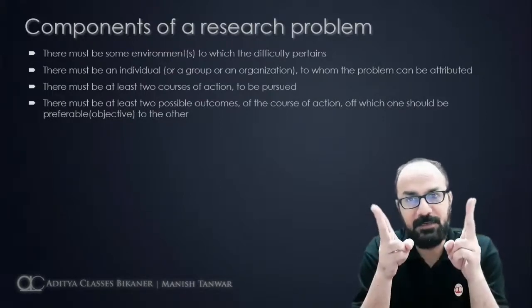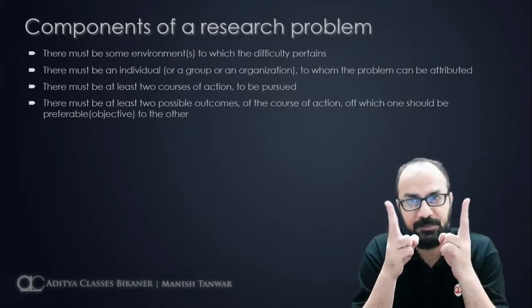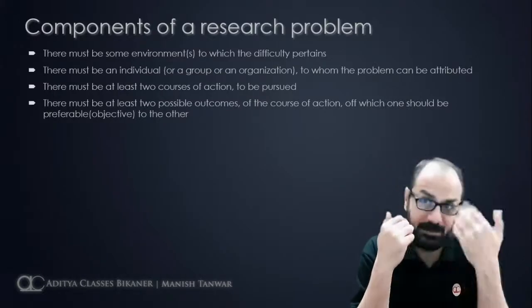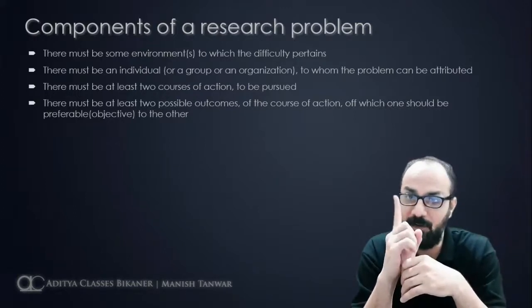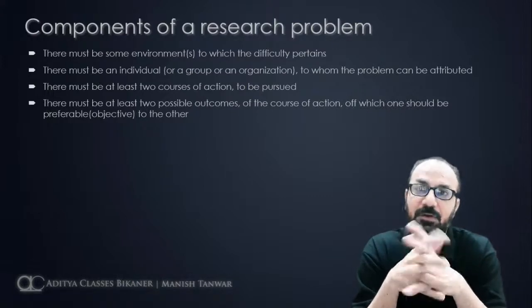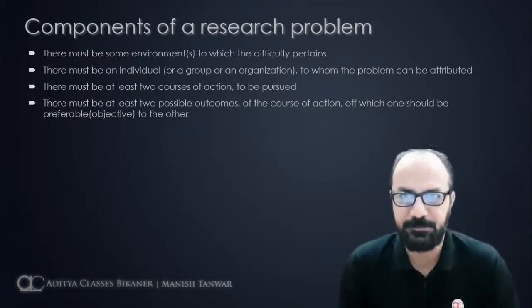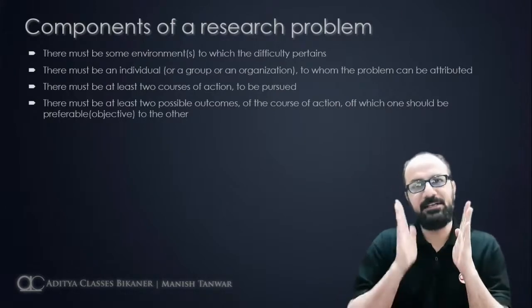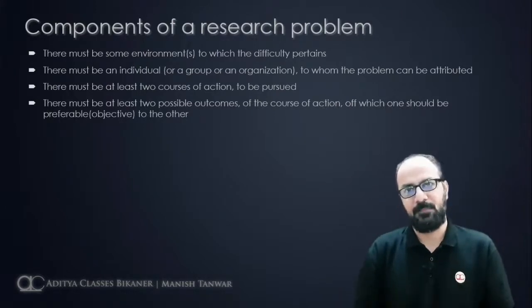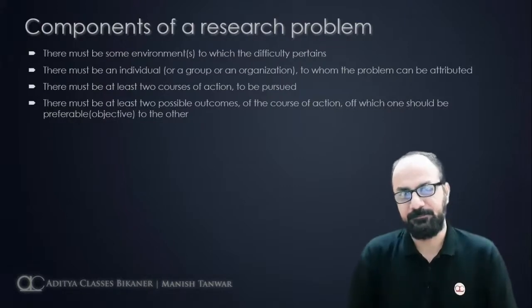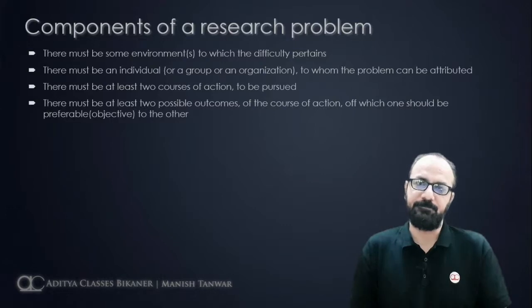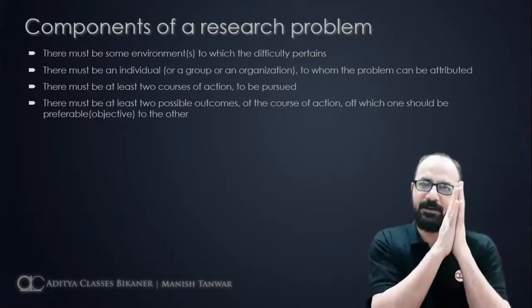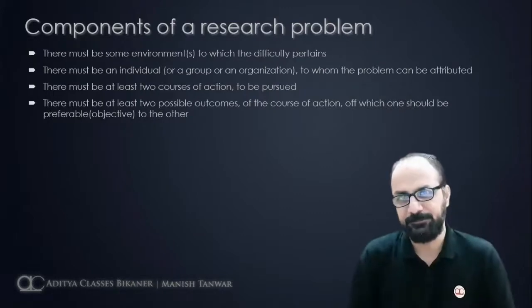Now, if there are two possible courses of action, like we said in the previous step: same mobile, only one mobile brand is available in this universe. There is shop A, there is shop B. Both are selling it for 13,000. Both are giving you 1 year warranty. Both have a rating of 4.8 out of 200 votes on their Google Maps listing.